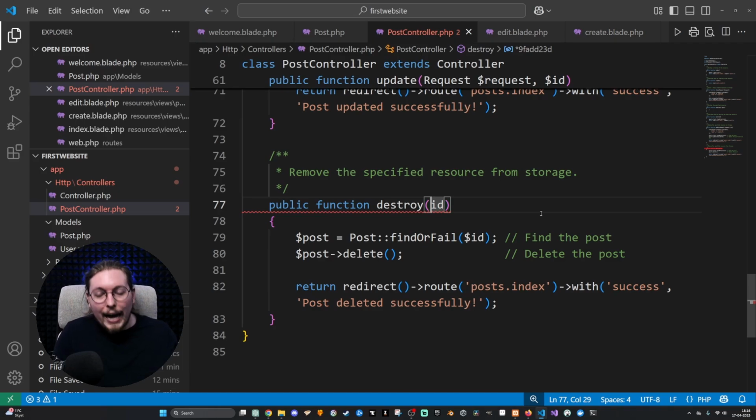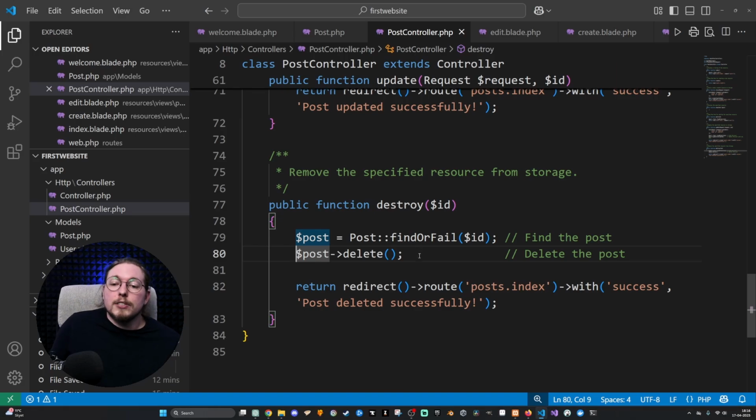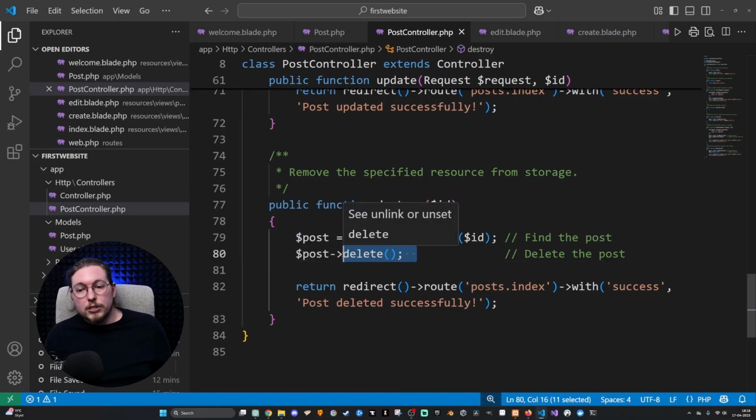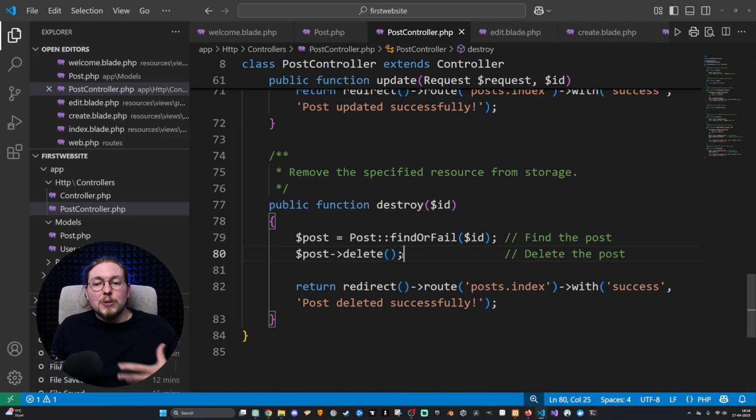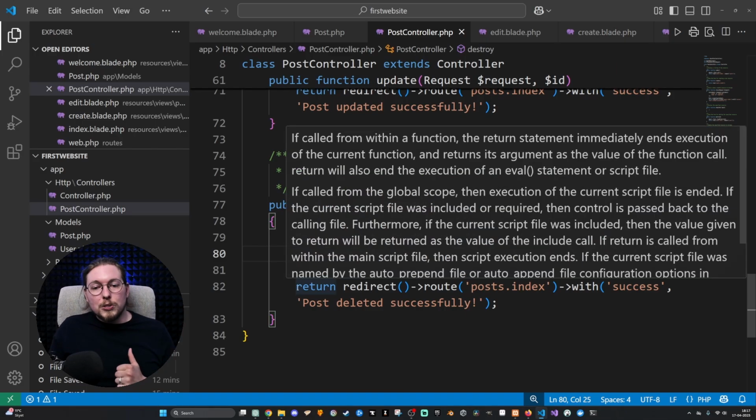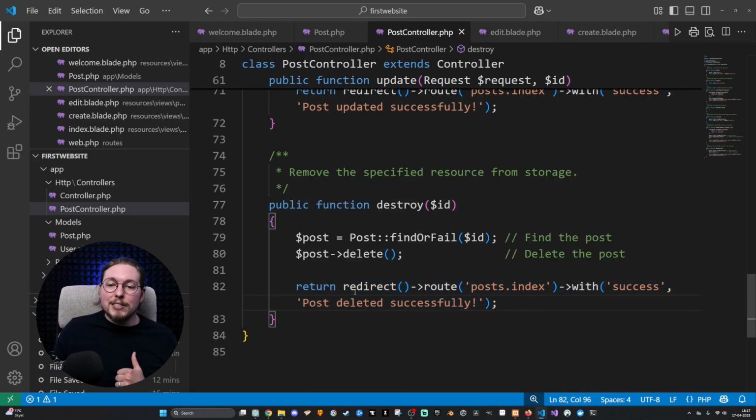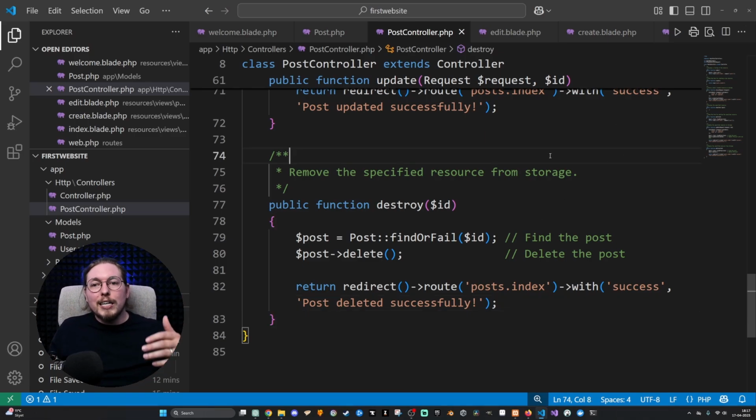Because remember, we need to pass in the data into the method in order to actually use it inside the method here. And once we have it, we then simply run a delete method, which is just built into Laravel. So we can call a delete method and it's going to delete that post entry inside our database table. And then we do something we've done many times before. We just redirect the user to a particular route, which is called post.index, which is the main post page inside our website, with a success message that says post deleted successfully. So now we have everything we need inside this post controller